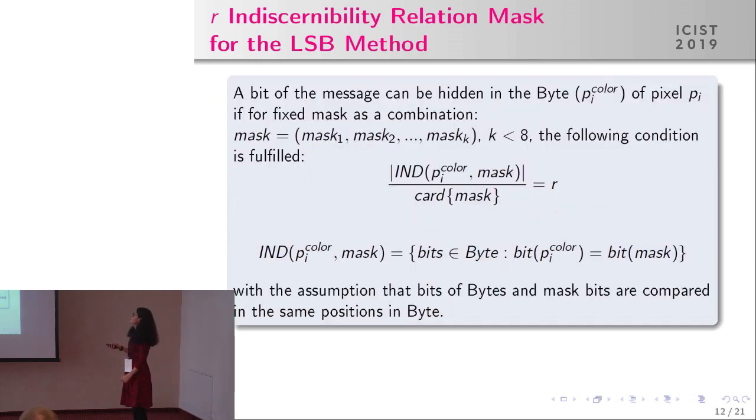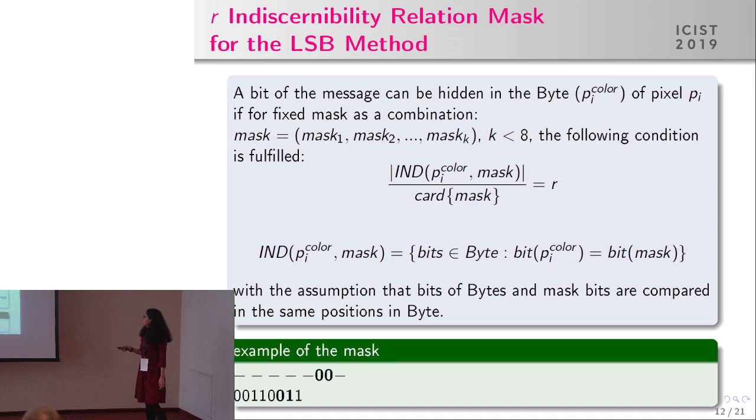How we define the indiscriminability relation mask for our method. So we take a mask, maybe just an example. A mask maybe of the length from 1 to 7. So we always read this last bit for encoding the message. And here you've got an example of a mask of the